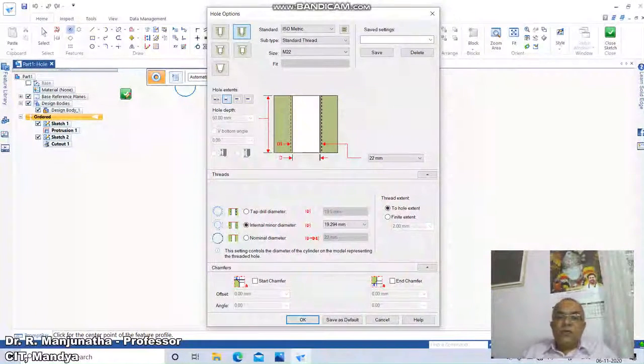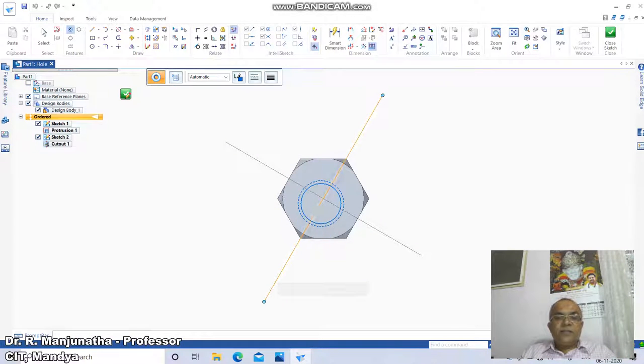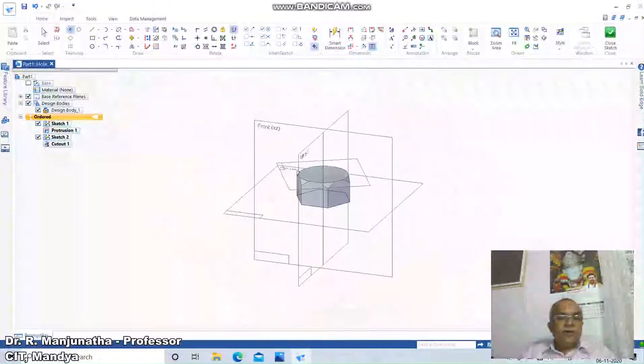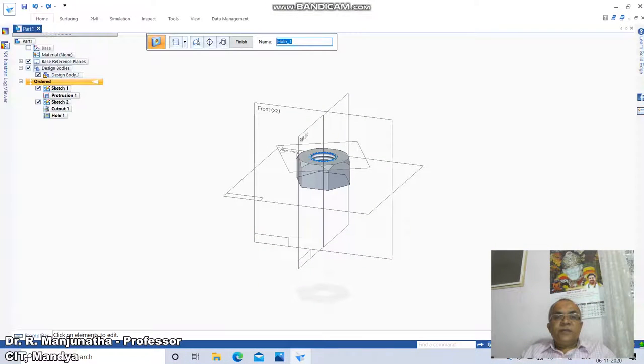So take that hole extent, click on OK, and take the intersection point of this, then go to Close Profile, and click on Finish. So this is how you are able to create the hexagonal nut of M22 size.